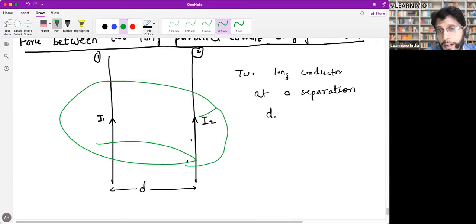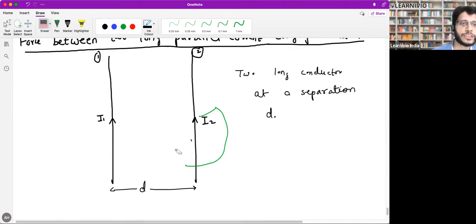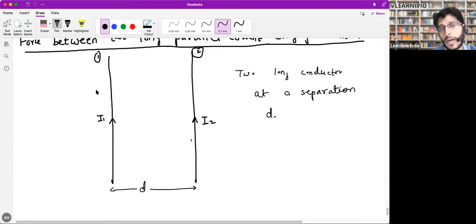So Mariam, these current carrying conductors will generate some magnetic field. You have two conductors, so you will have two magnetic fields. Here the magnetic field will be generated by both I1 as well as I2. Conductor 1 will generate some magnetic field, and conductor 2 will also generate some magnetic field. But